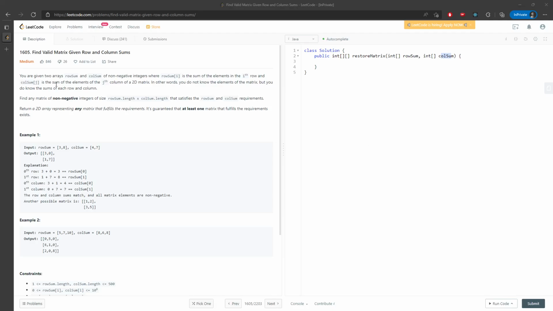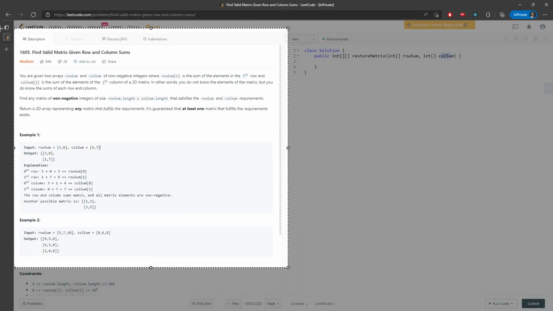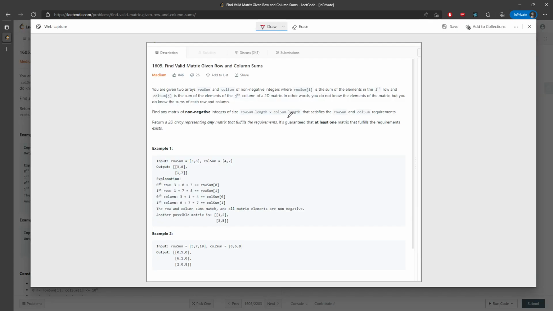Let's talk about the find value matrix given row and column sum. You are given two arrays, row sum and column sum, of non-negative integers. You can go through this, and then I'm going to quickly talk about the question. This is actually pure math. It will definitely be related to code, but I would say this question is not hard. But due to the math problem, you have to think about it probably for more than 30 minutes,